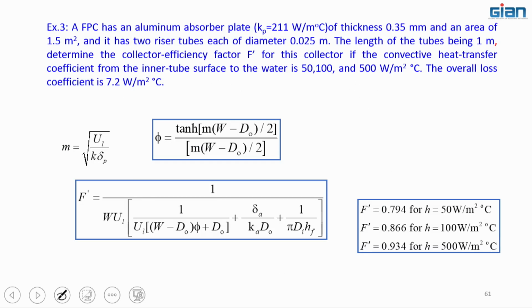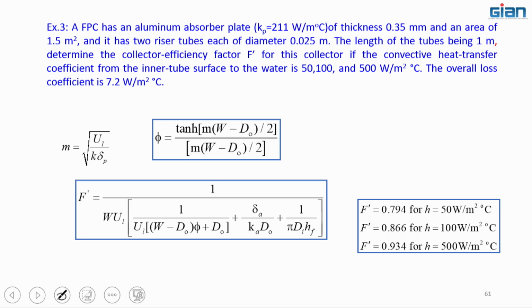Okay, this is an example. This shows an FPC with an aluminum absorber plate, and Kp is given, and thickness is given, an area of 1.5 square meter, and it has two riser tubes, each of diameter 0.025 meter, and the length of the tube is given to you. We need to determine the collector efficiency factor for this collector